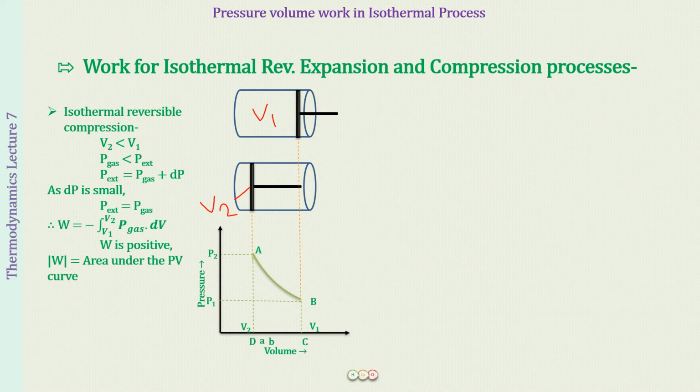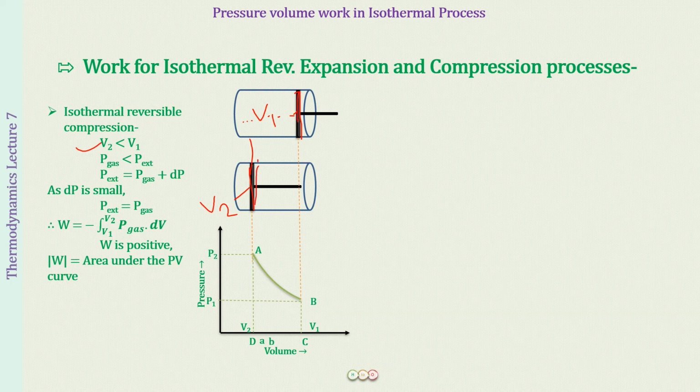And because this is going to be a reversible process, the process is going to take place in an infinite number of steps. It is going to be a very slow process. So the piston is going to move very slowly and reach the final level of the piston. That is what we mean by a reversible process. So here what we will be having is V1 is going to be greater than V2. Why? Well, the piston moved down.